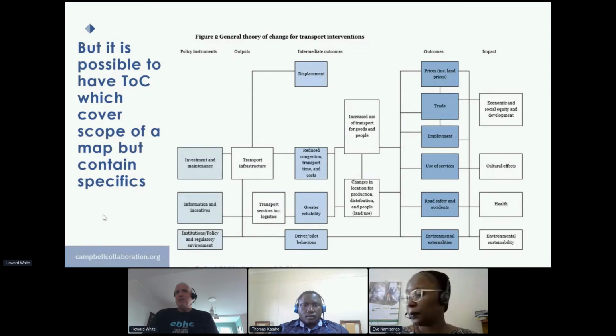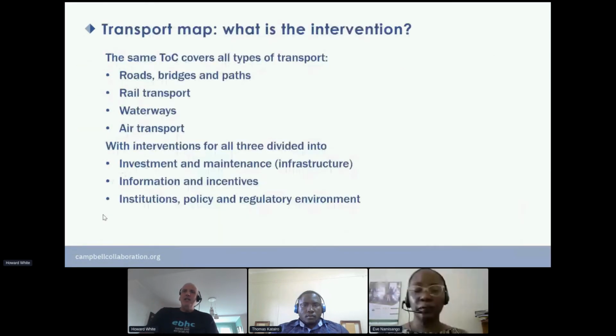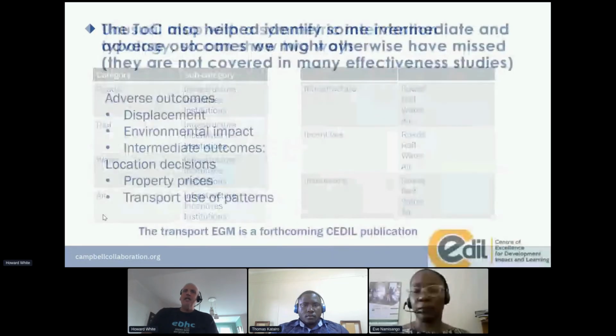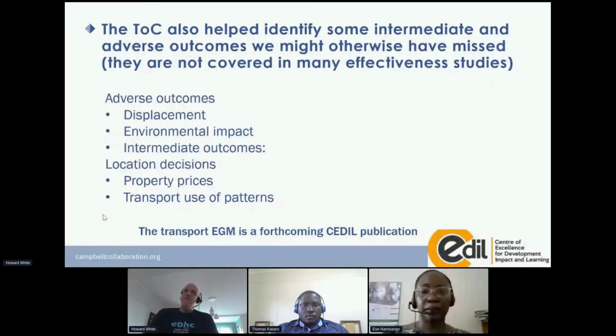That we recognize displacement as an important outcome from the project. And similarly, there are other outcomes that are not commonly measured. Environmental impact, which we had thought of, but thought would be much more looked at. It's hardly looked at. And then there are intermediate outcomes of importance,